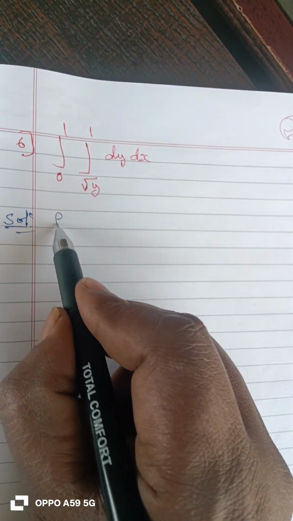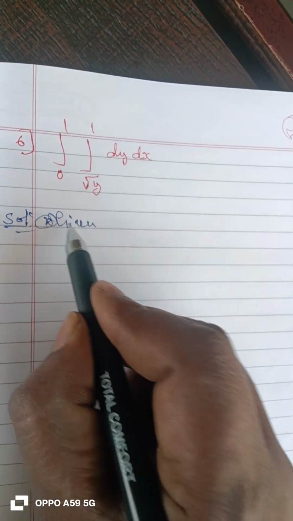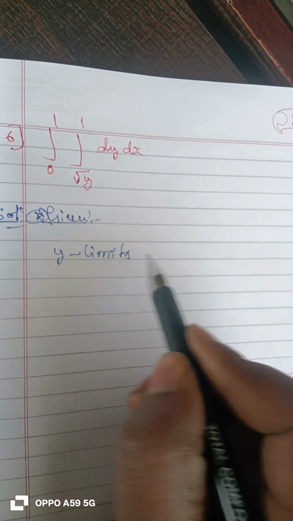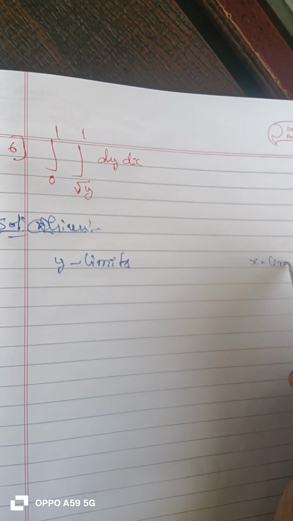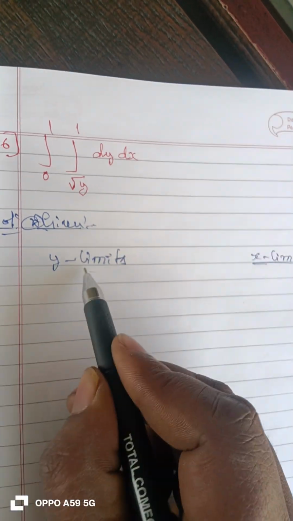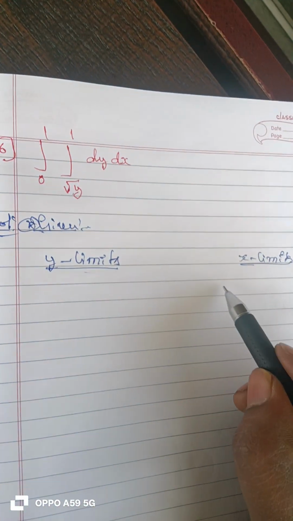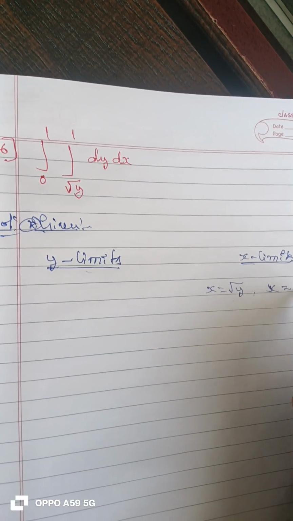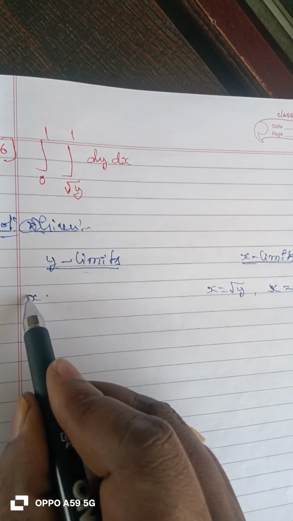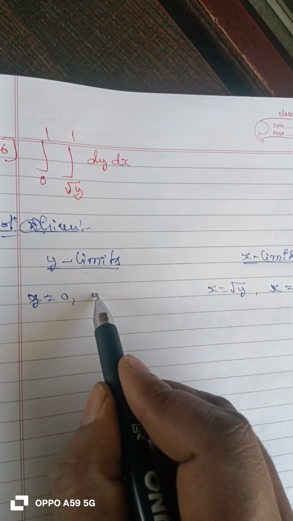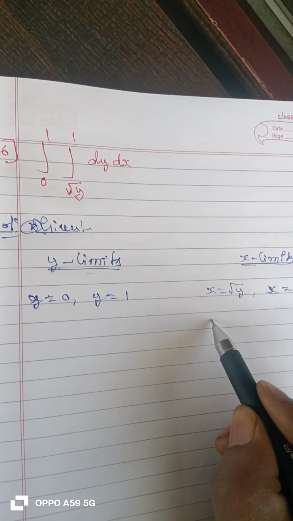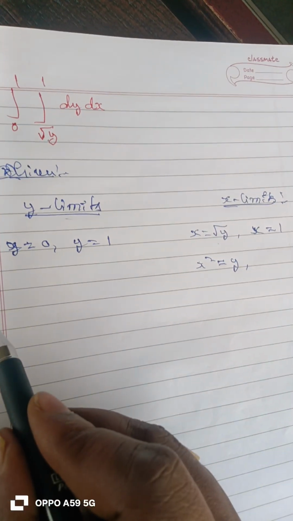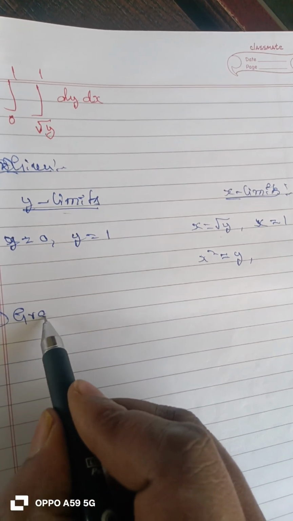So in this given problem, the y limit and x limits, we know that this is the x limit, x is equal to root y, and the constant limits will be y is equal to 0, y is equal to 1. If you do the simplification, x square is equal to y. Next, for this, if you draw the graph,